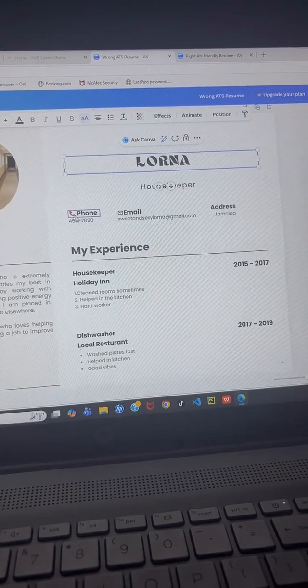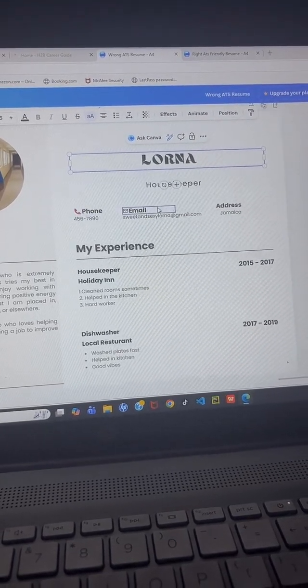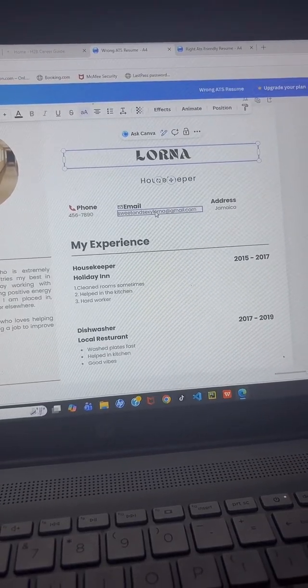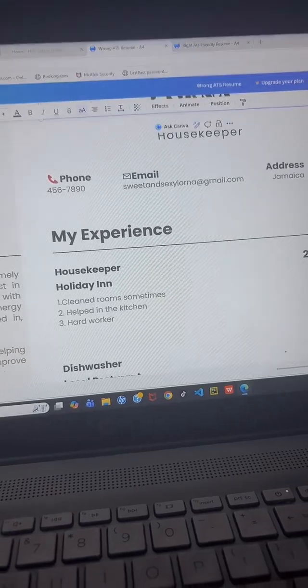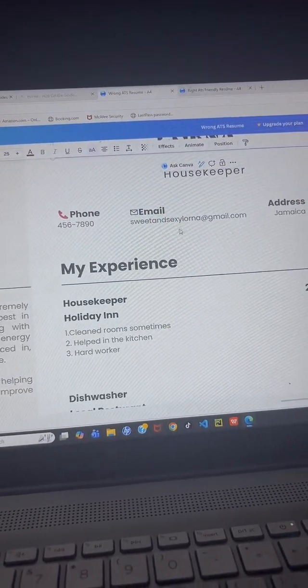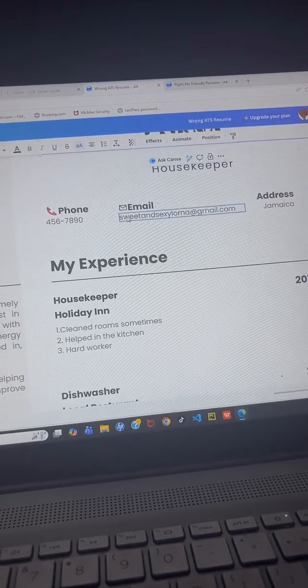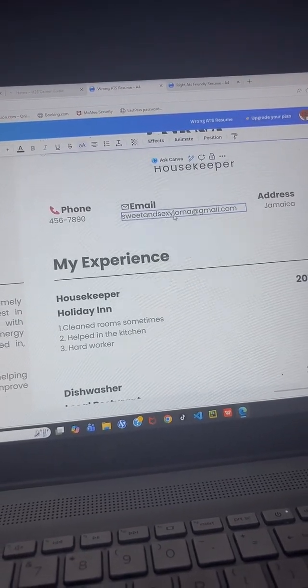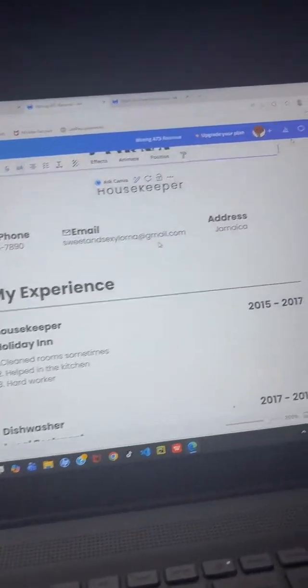Ensure that you're not using pictures for the phone section, whatever. Ensure that your email is very professional. Use your last name and your first name to create your email. Okay, don't use sweet and sexy Lorna at gmail.com. That's very unprofessional.